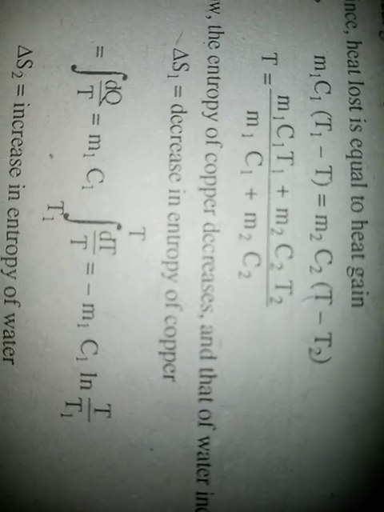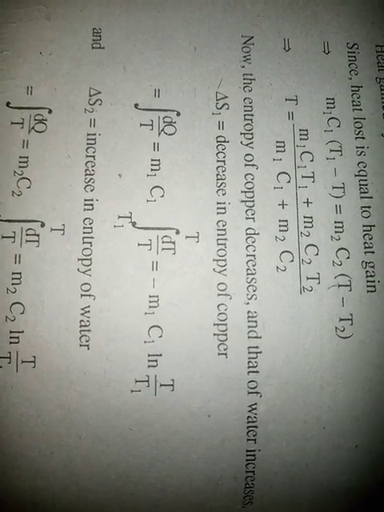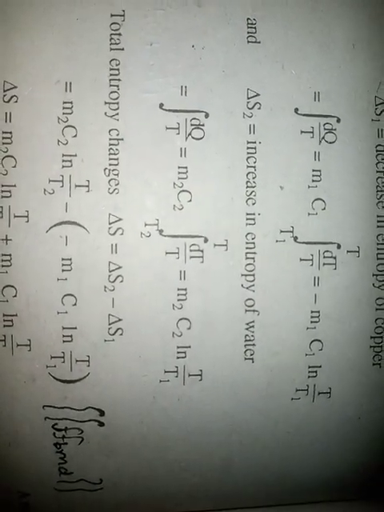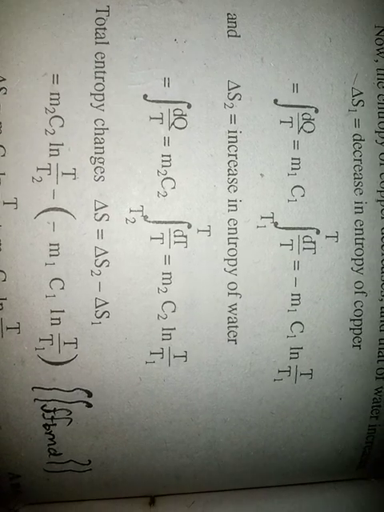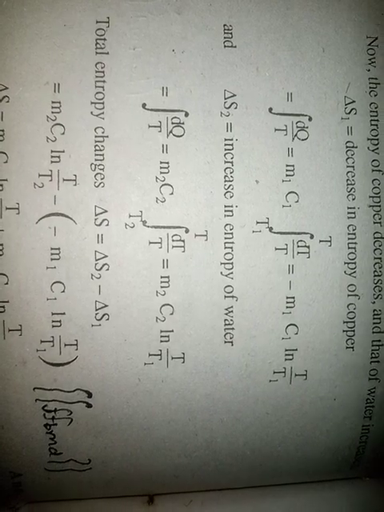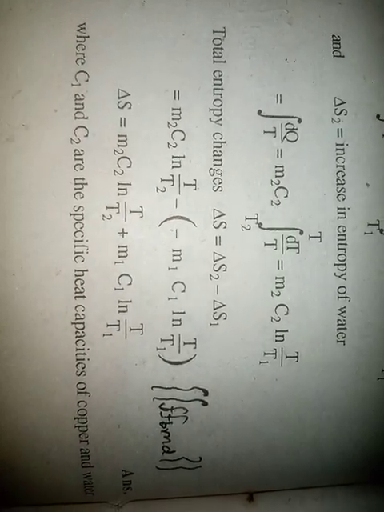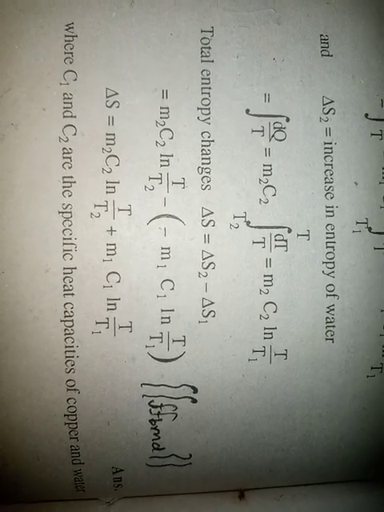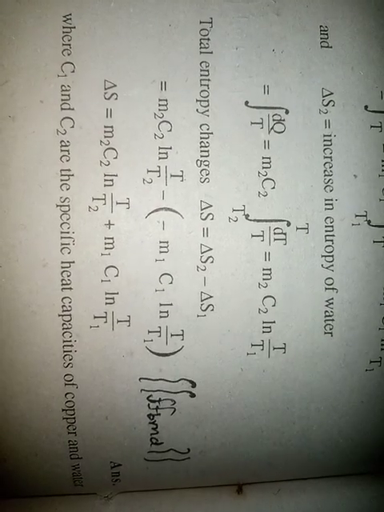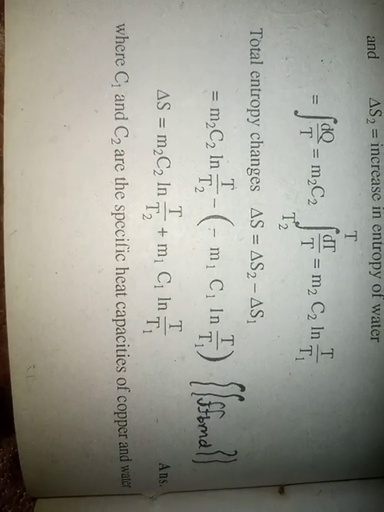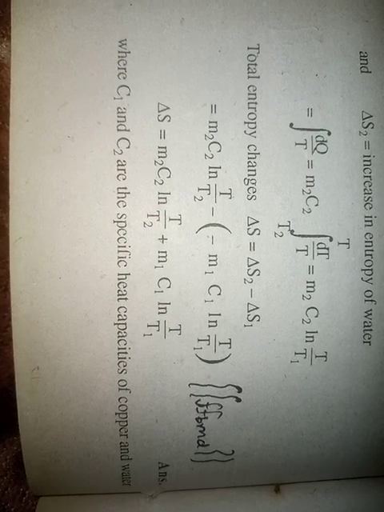Now the entropy of copper decreases and that of water increases. Hence delta S1, the decrease in entropy of copper, equals integration dq by T equals m1 c1 integration T1 to T dT by T equals m1 c1 log T by T1, and delta S2, the increase in entropy of water, equals integration dq by T equals m2 c2 integration T2 to T dT by T equals m2 c2 log T by T2. Hence total entropy change delta S equals delta S2 minus delta S1. This implies delta S equals m2 c2 log T by T2 plus m1 c1 log T by T1,